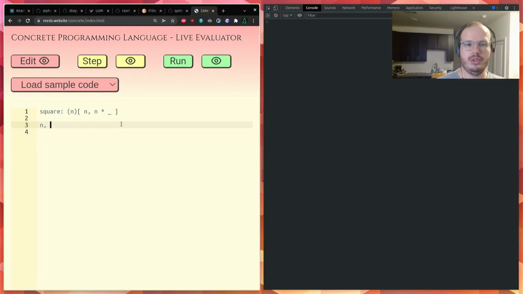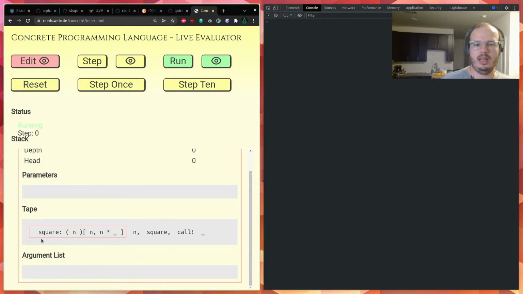So now I can call square. In the future, I would implement this as n square, but for now, I don't quite have that, so we'll have to use a call similar to JavaScript's call, where we're passing in square to be called, and then additional arguments along with it. So here, I'm going to step through this. By the way, we're beyond 5 minutes now. I know I promised, but we're getting to the advanced section.